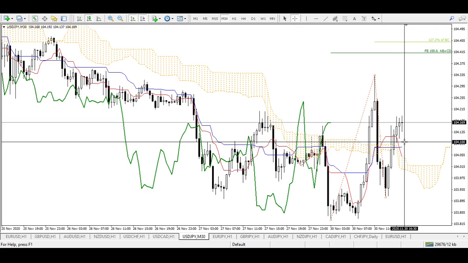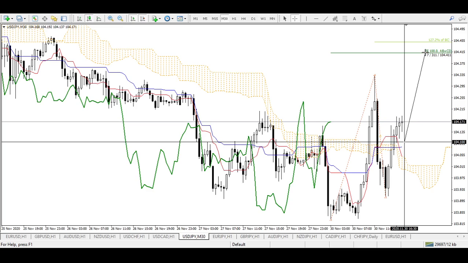104.10 is 27.1 pips, but I've set my stop loss to 3 pips below this. So 103.80 is my stop loss. Here is my stop loss, slightly below this. So I'm kind of risking 29 pips, and my TP is AB equals CD, because 127.2% of BC is even farther. So I already set my TP already at